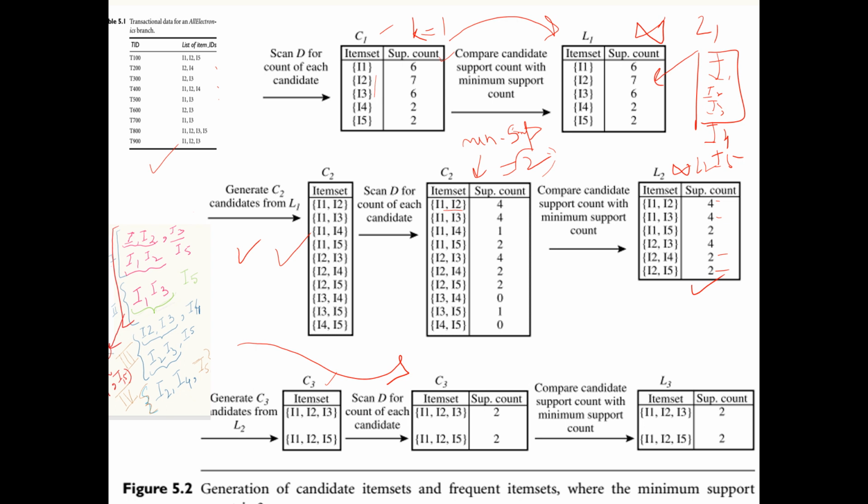We see from all these possible outcomes, only 2 outcomes are actually occurring in the data sets. You can check that I1, I2, I3 has occurred 2 times, so I'm listing that 2 times. Similarly, check for others. I1, I2, I5 is here and here, 2 times. But for other combinations,